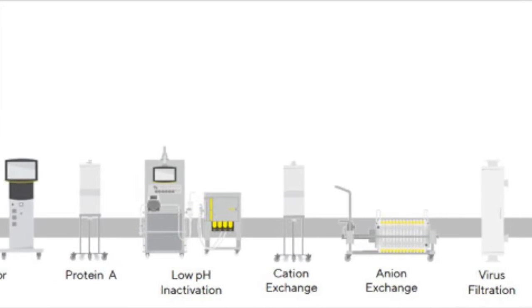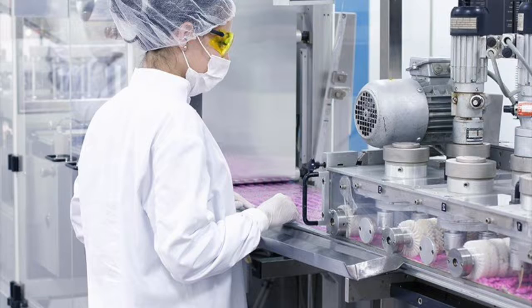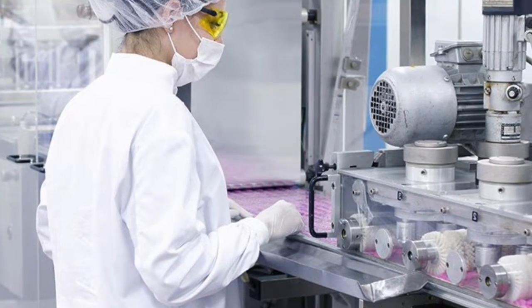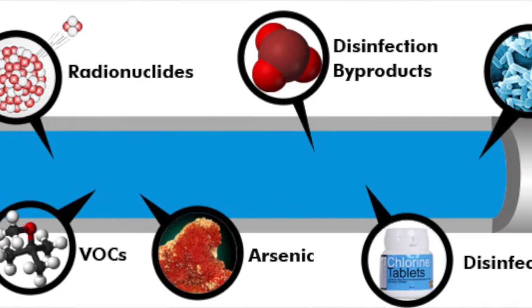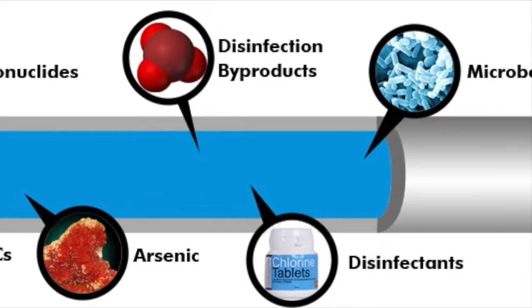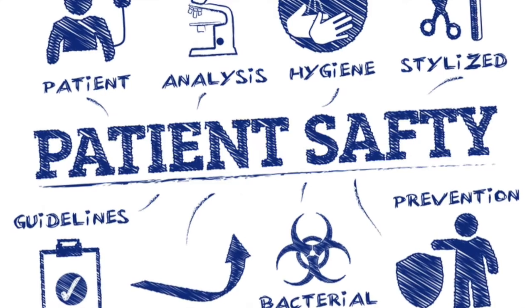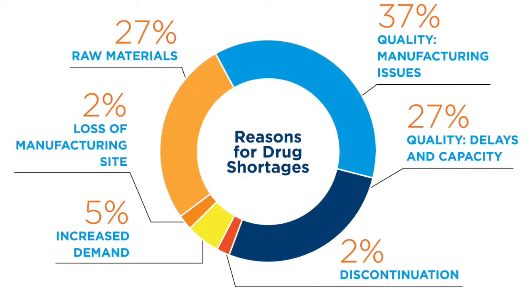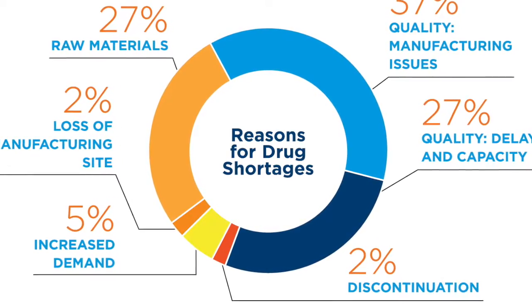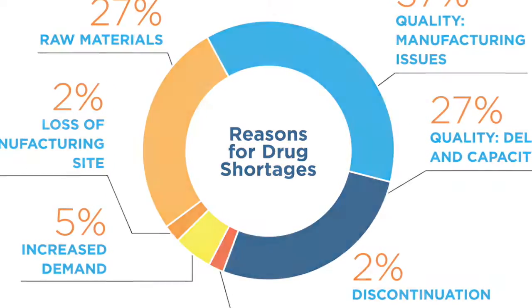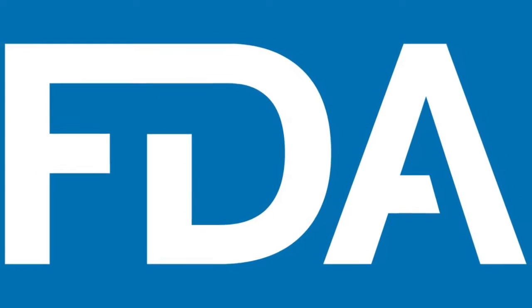Virus filtration is an essential part of developing human or animal-derived biopharmaceuticals in order to ensure the drug safety. Failure to detect viral contamination can lead to serious consequences, mainly threatening patient safety and also potentially causing drug shortages and a loss of public confidence in drug manufacturing. Because of this, viral clearance is heavily regulated by the FDA, and a viral filtration step is necessary in the